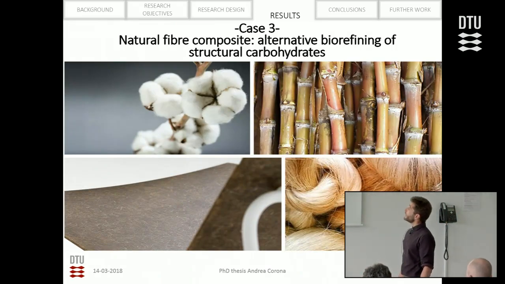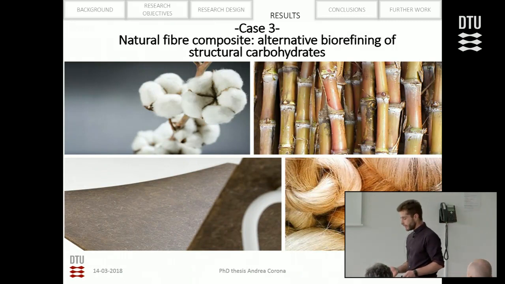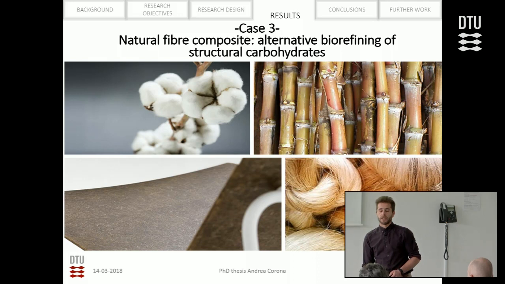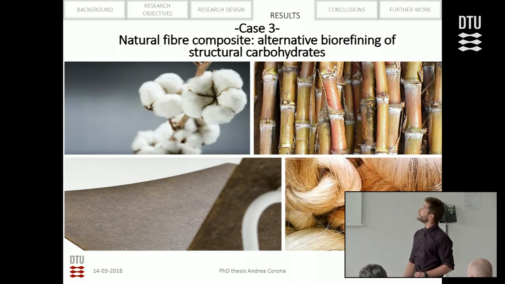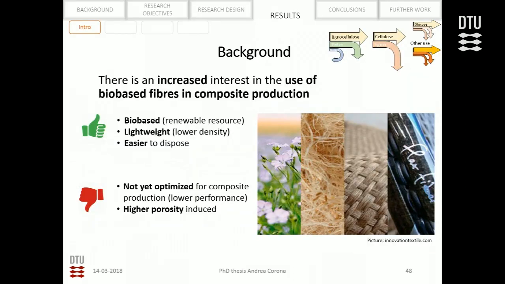And the third case, as I told you before, is looking at alternative utilization of the cellulose. In this case, we are using the cellulose for the production of fibers for structural applications, mainly composites. So why make fibers? There's an attempt by the composite industry to reduce the environmental impact. The use of composites is very interesting because they are lightweight, so they can result in fuel saving, for example, if used in a car, but